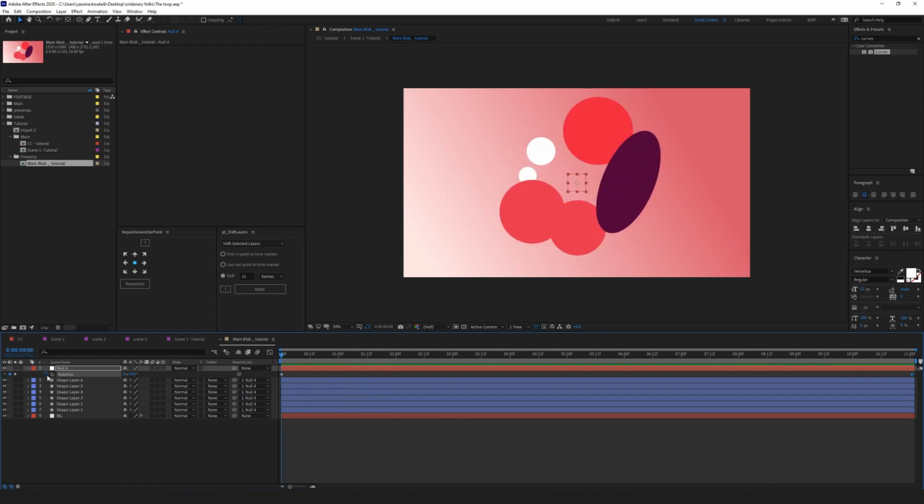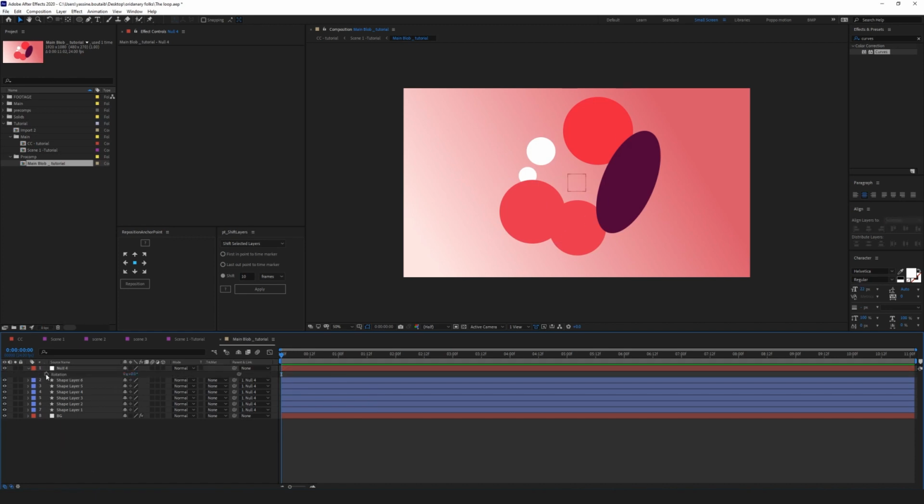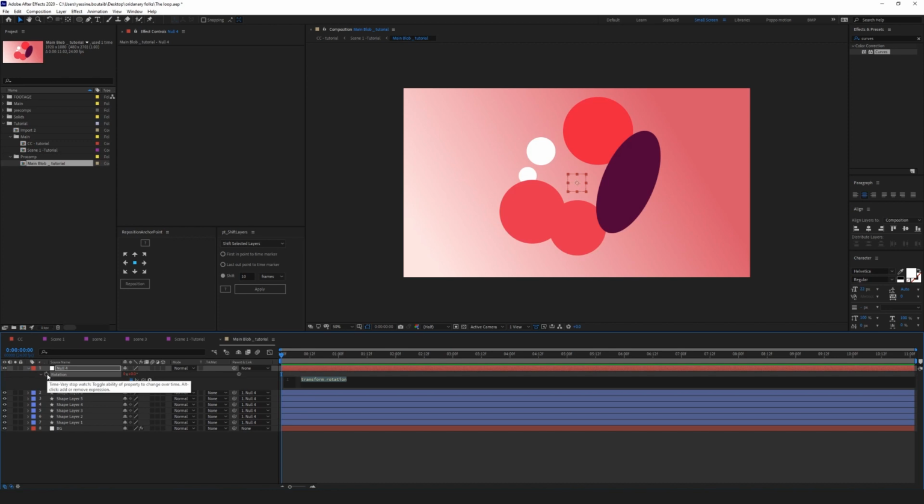Or what I could do so that this does not get destroyed later on, if I have an even bigger composition or smaller composition, is just create an expression here, by alt clicking here, or option and then you click there, and I put time multiply 30.